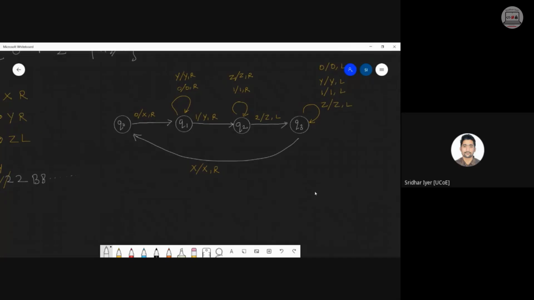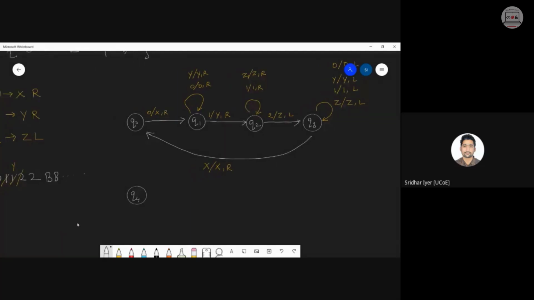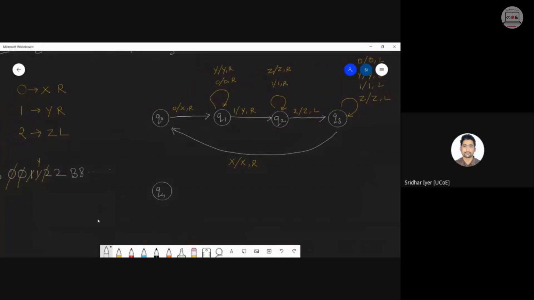Now what is remaining? The check state is remaining. Okay. So check state, if you remember, once after reaching this Q0 state, we again start moving to the right to check whether any more symbol is left or not. Correct? So what we did yesterday, after reaching this X, we started moving to the right. So in case the right symbol is a Y, I came to know that there is no further symbol left, no further zeros left.